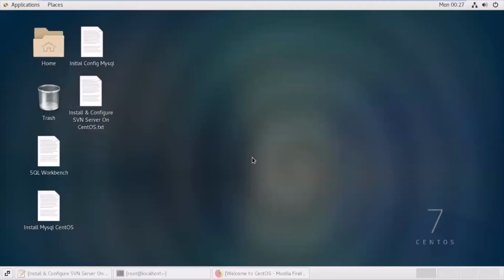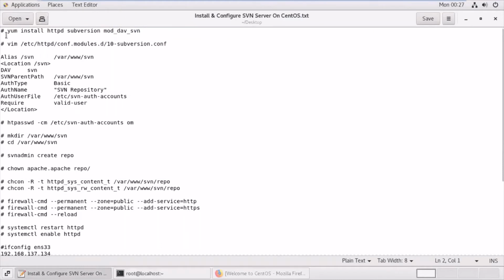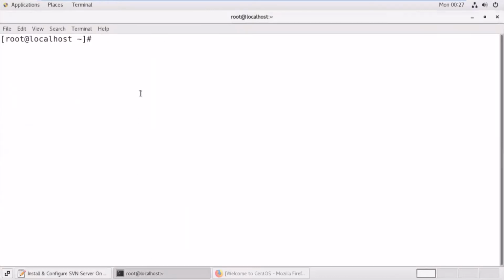Today we are going to install the SVN server on CentOS 7. So let's open the command prompt. To make things easy, I have already written down the steps in a notepad. Let's copy the first command. This command is used to download and install the SVN package.